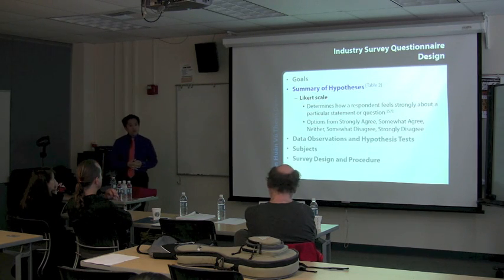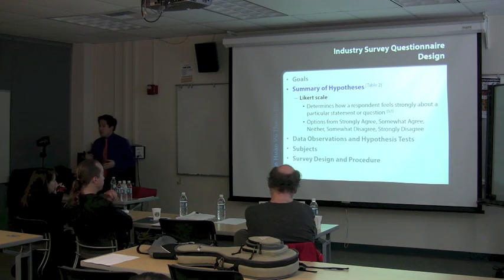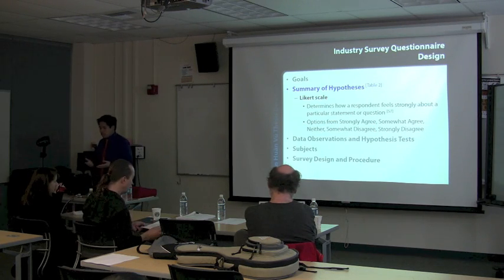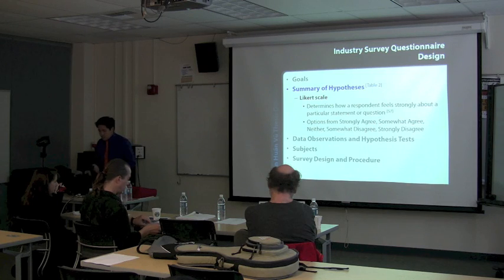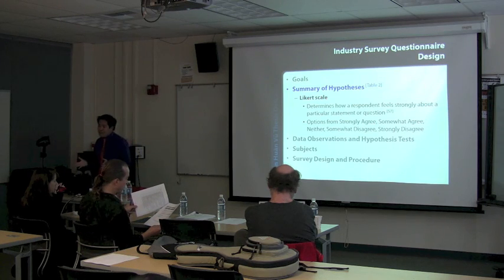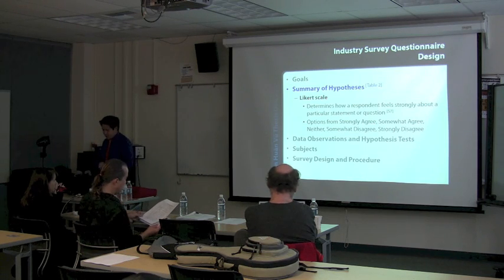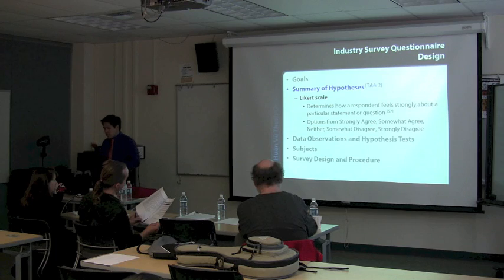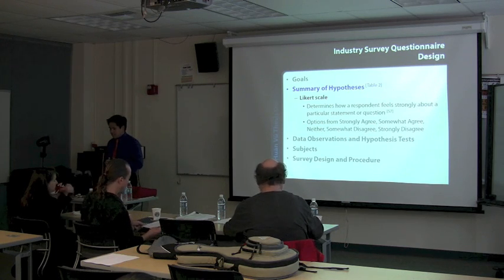Now, if you want to see the full summary of hypothesis, because I didn't want to overwhelm you, please see Table 2 of your handout. In Table 2, there are also abbreviations that will be used when discussing the results later in the presentation. And of course, you can see how big the table is, and I don't want to put that in one slide. Now, there are 24 statements that can be answered on a Likert scale.